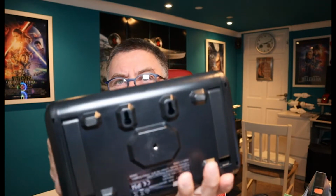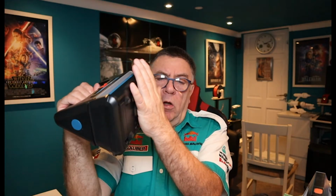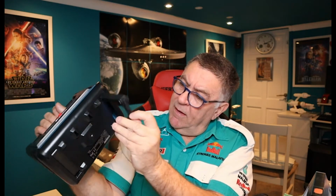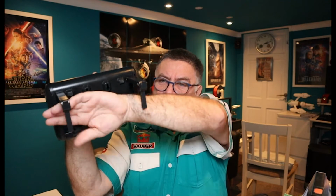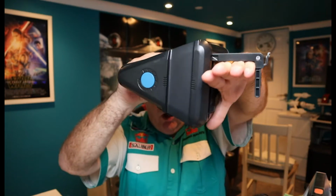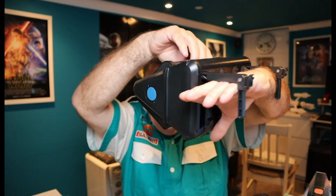Another great idea is here on the back, there are 2 keyhole slots, so you could hang it on a wall like that. But a great idea is these pop out clips, and they're quite a powerful spring there and there. That's really powerful, and that enables you to hang it over something like, say, the rung of a ladder, and then you tip out the